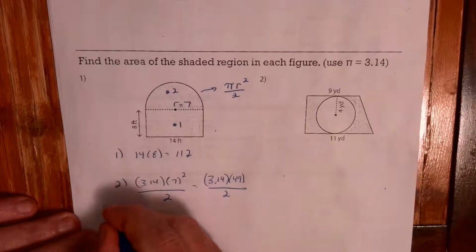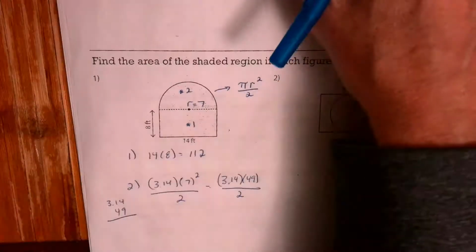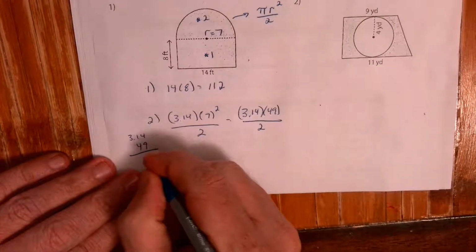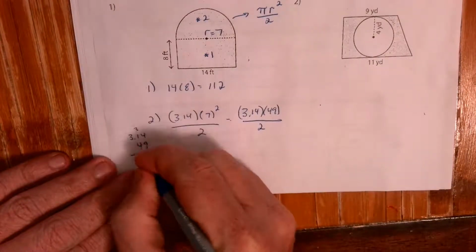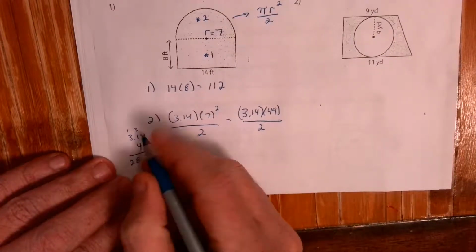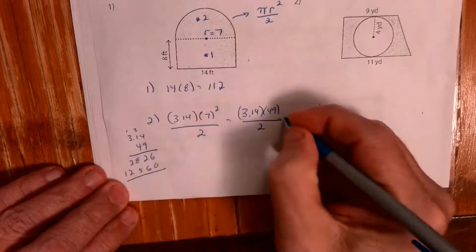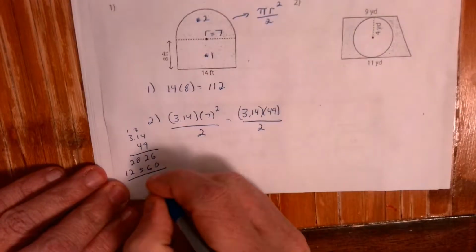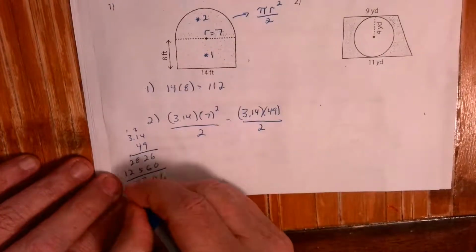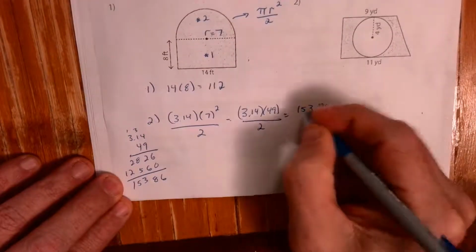So 49 and 3.14, let's see, 9 times 4, I'll show you my work here. It's going to take a little time, so you can probably speed through this video to the end if you don't want to see this long multiplication. But so let's see, 36, 3, 2, 1, 27, it's 28.26, 0, 16, carry the 1, 5, and 12, add them together, so we get 6, 8, 13, carry the 1, 5, 153.86, but now we have to divide that by 2,